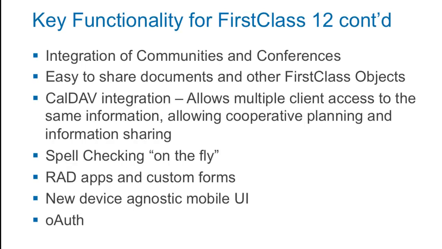For example, a calendar item is a good example. Let's say there's a calendar event that I'd like to share with someone, but I don't necessarily want to invite them to the event, so I just want to send them a copy of or share a copy of that calendar item with them. As well, we'll be implementing CalDAV integration with FirstClass 12, so the ability to synchronize multiple calendars in and out using the CalDAV